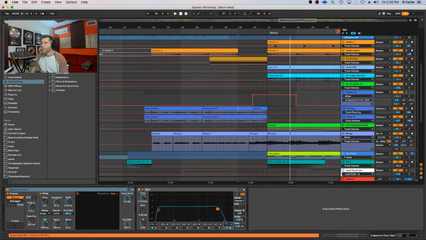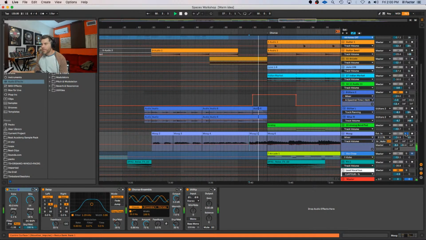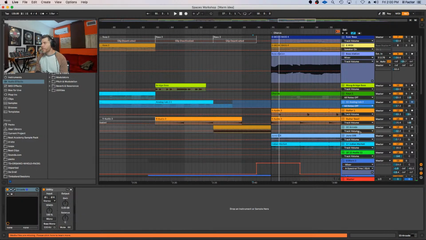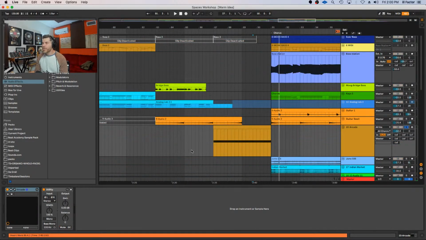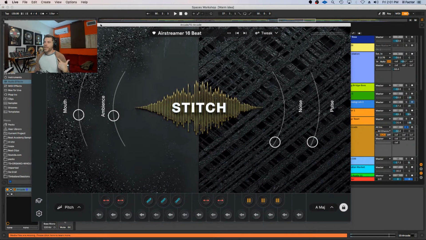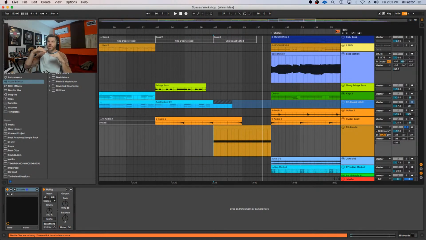And I'm doing the same thing here with my Moog that I recorded. So I'm just opening up the filter there. And then we have the sweep. Now the sweep is from Arcade. And I love using Arcade for this. This is where Arcade shines the most for me, personally. I use Stitch, and I just go through and find a couple key things as little things to bridge the gaps here. So that little sweep and the tonal part of it is really cool.